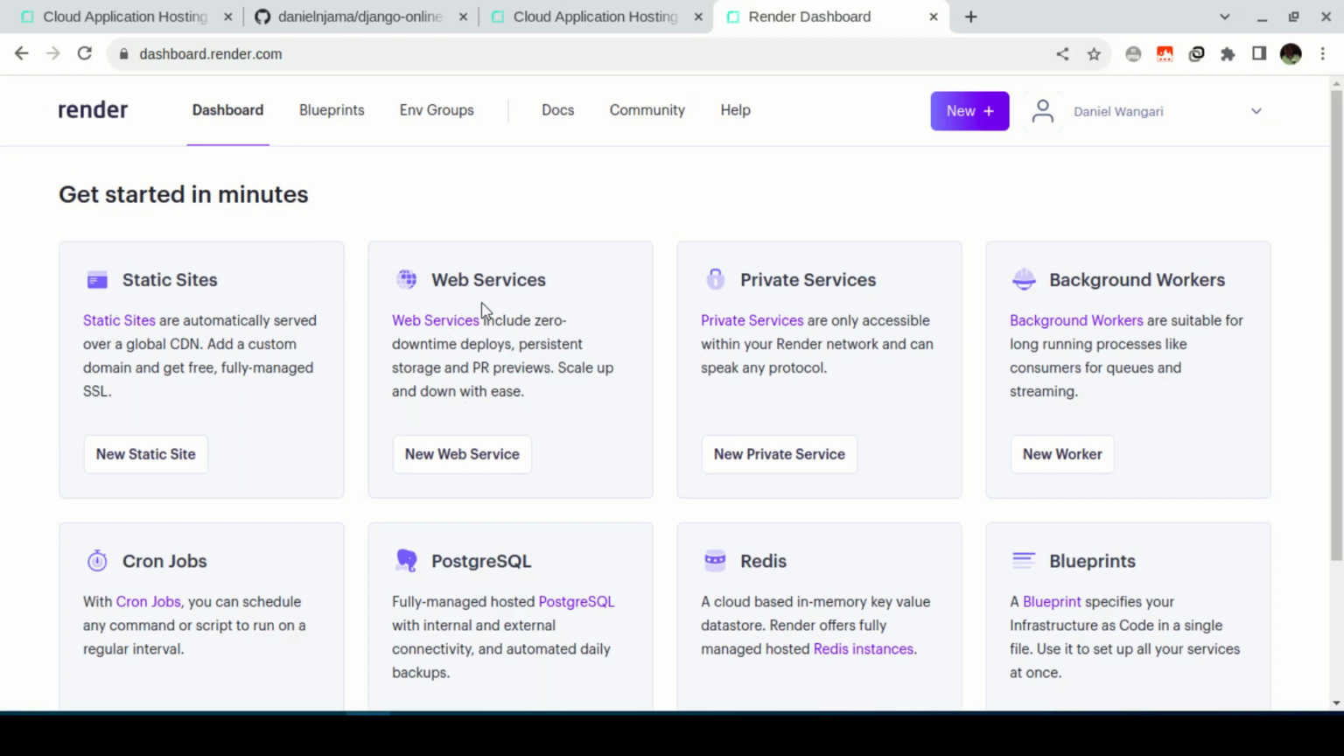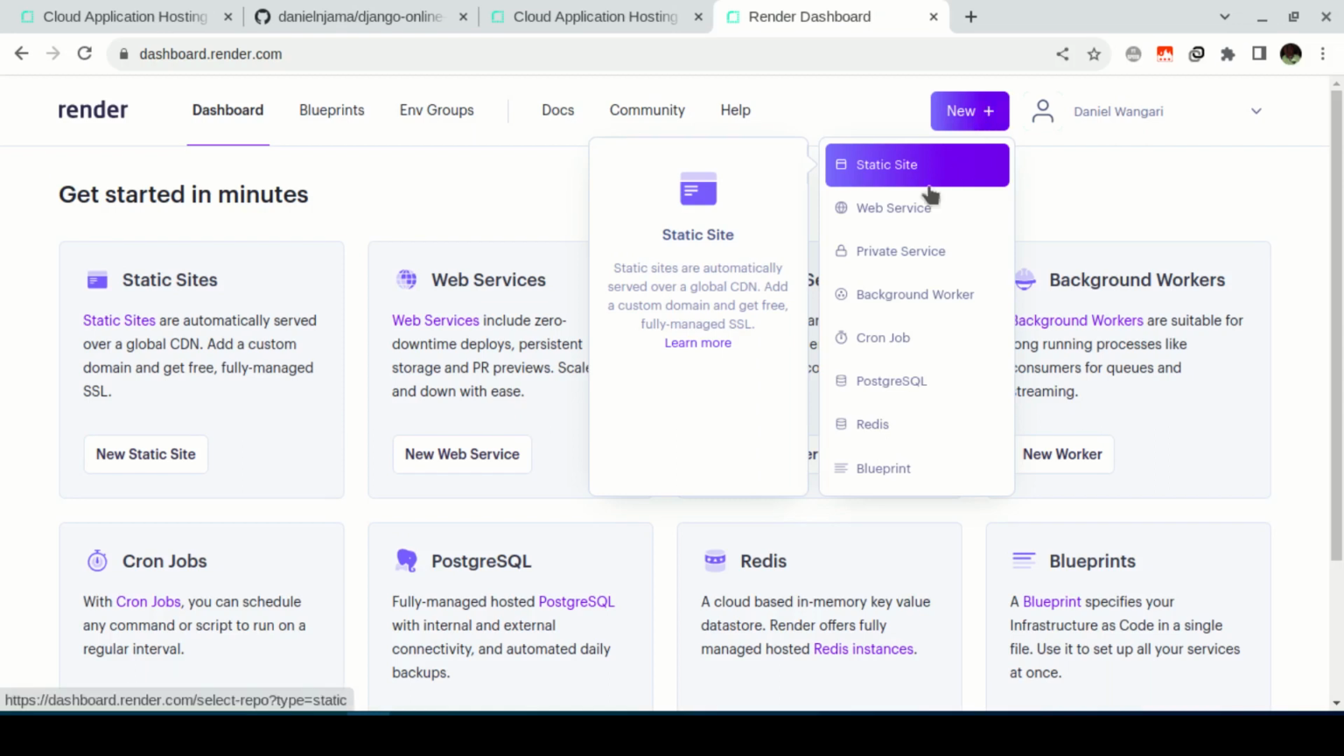All right, so here we have quite a number of services, and in this case we are going to be making use of web services. So in this video we want to focus on deploying a Django application, working with static files, and also connecting to a PostgreSQL database. All right, so let's click on either new web service or new in this section, then go with